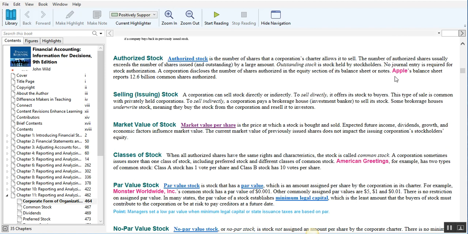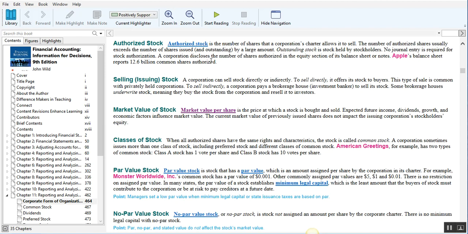The charter or articles of incorporation is going to identify how much stock is authorized, and exactly what you can sell. Authorized stock means this is the number of shares I can sell if I choose. Many times the authorized shares are much higher than what is actually issued and outstanding.